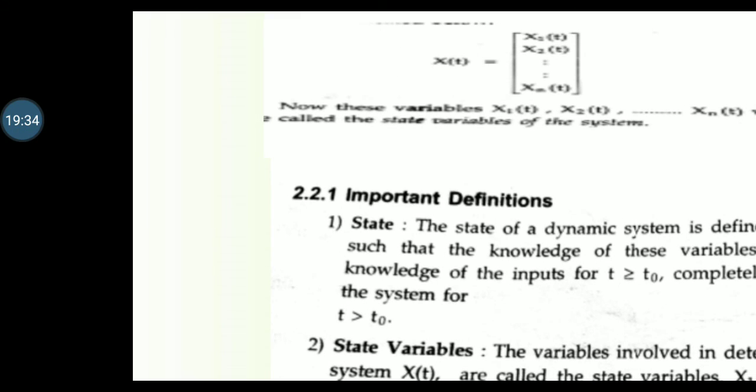Now, if the state at time t1 is to be decided, then we must know x of t naught and knowledge of the input applied between t naught to t1. This new state will be x of t1, the initial state to find out the state at any time t greater than t1, called updating of the state. The output of the system at t equal to t1 will be a function of x of t1 and the instantaneous value of the input at t equal to t1, if any.